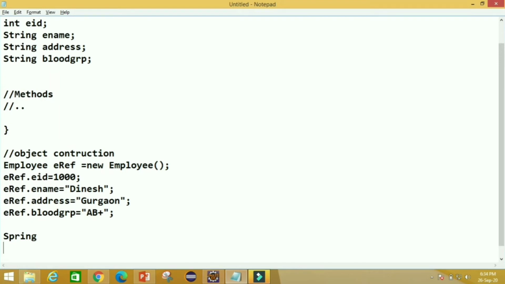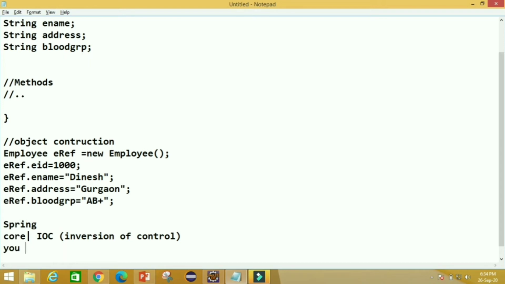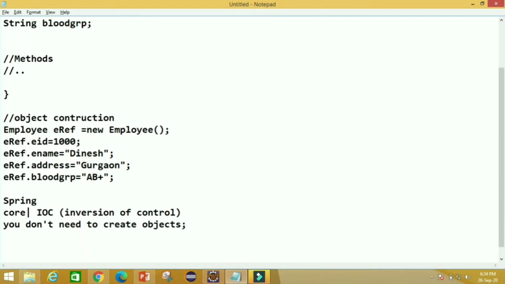In Spring we have a core module in which we have IoC, inversion of control, which says that you don't need to create objects. Objects shall be configured by the developer in an XML file.